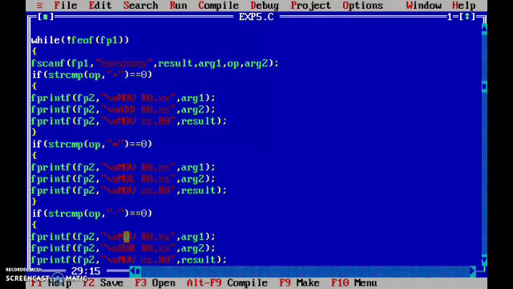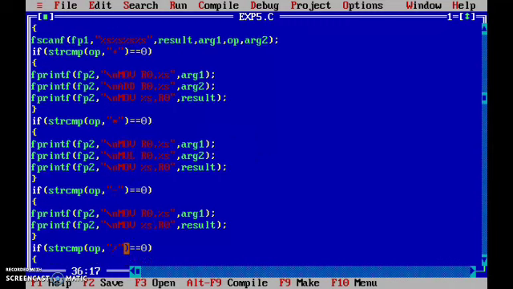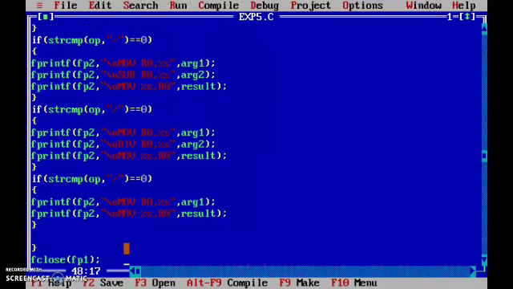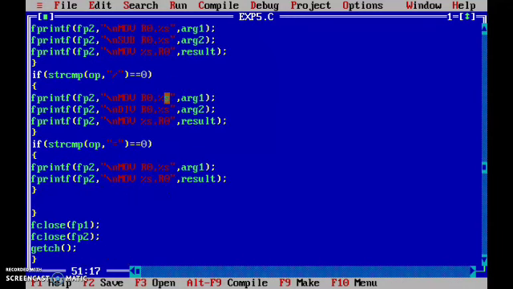Similarly for minus, that is subtraction, the first line is the same, and in the second one we use the subtraction mnemonic, and after that the result is again stored back to result. After that the operator is slash, that is division operation. The first line is the same, the second is div r0 comma %s, and again the result is stored back with move.